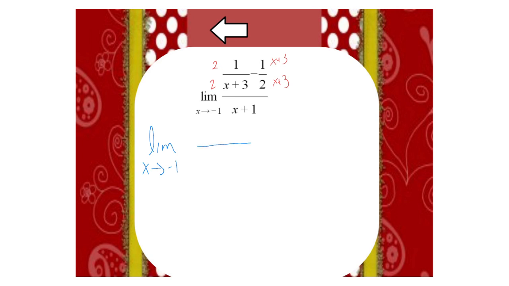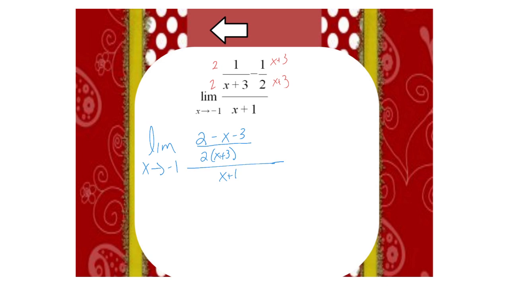So common denominator, 2 with an x plus 3. And then I'm going to have a 2. And don't forget that that negative has to distribute. So it's going to be a minus x minus 3. And then this is all over